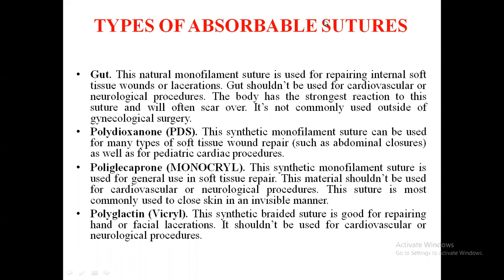Then we have types of absorbable sutures. Okay, we have various types, and in this one you have to know some of the names. Okay, at least you try to know gut. And gut in the sense catgut materials, all of those are absorbable ones. Okay, polyglactin, vicryl, catgut, all of those will be absorbable ones. Okay, monocryl is also there, vicryl, monocryl, and catgut. You just remember these three names in absorbable sutures.